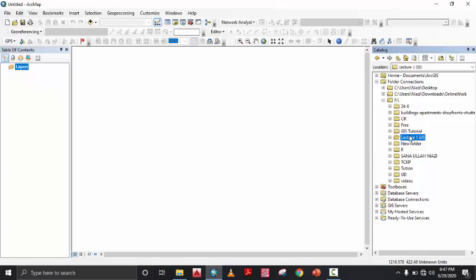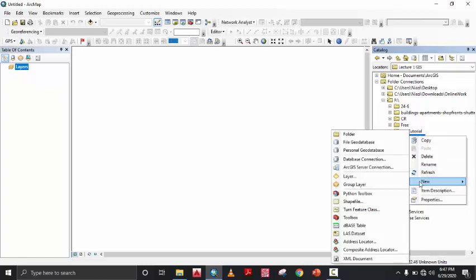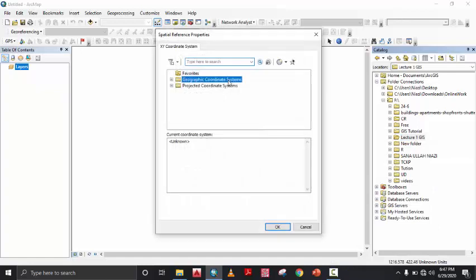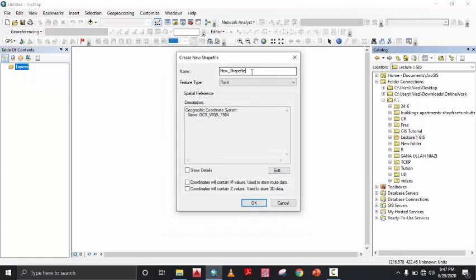You can see that I will just create new, and this is shapefile. I will go there. Similarly, I will follow World and WGS 1984. So now I will give a name to that file. What should the shapefile name be? So I'm going to name it, you can say, I'm going to mark landmarks.